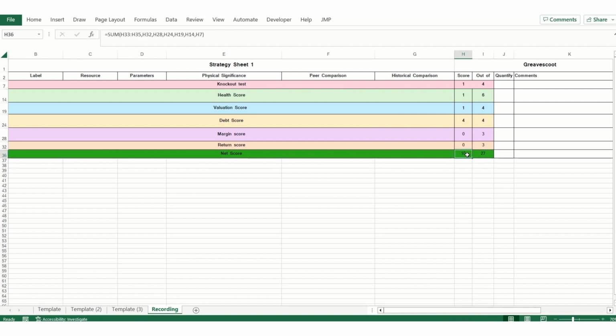Now, as you know, in this lecture or in this whole series, we are not suggesting any stocks, whether you have to buy them or not. What we are teaching you here is how you can analyze these stocks. So on analysis, you can see that the fundamental score for Greaves Cotton doesn't turn out to be that good. Now your question would be, what score is good and what is bad? So let's understand this in the next slide.